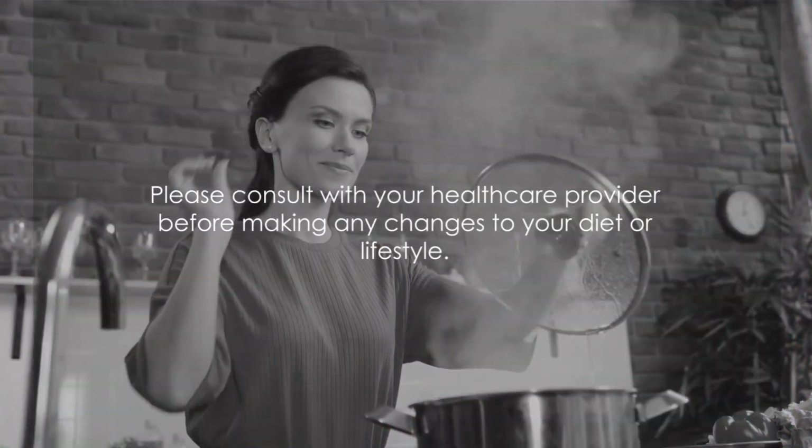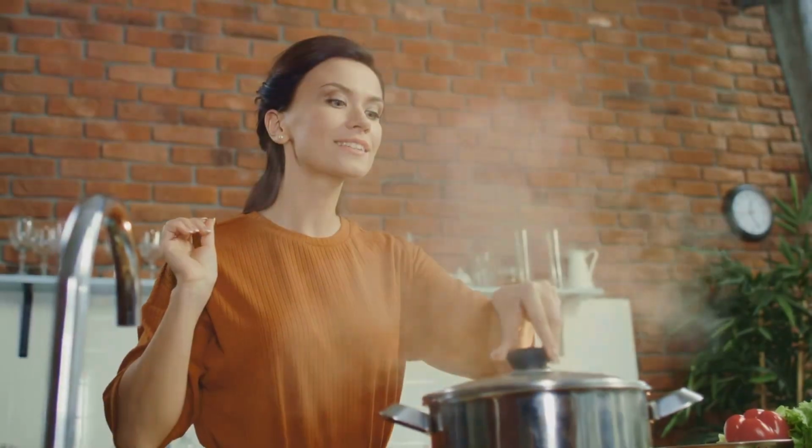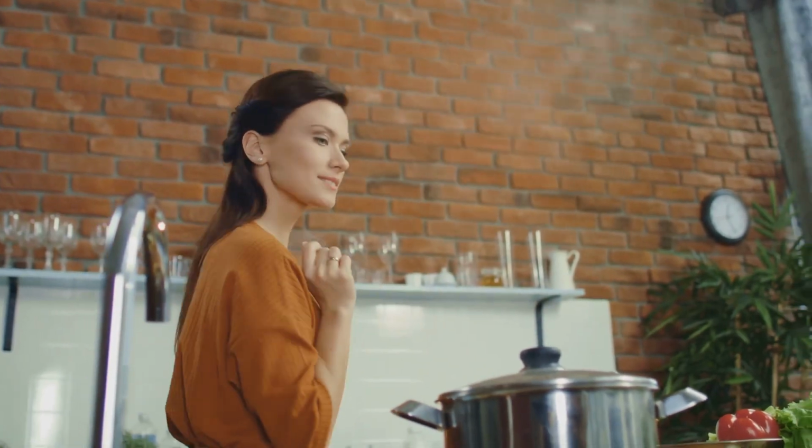If you have specific health conditions or are on medication, please consult with your healthcare provider before adding this to